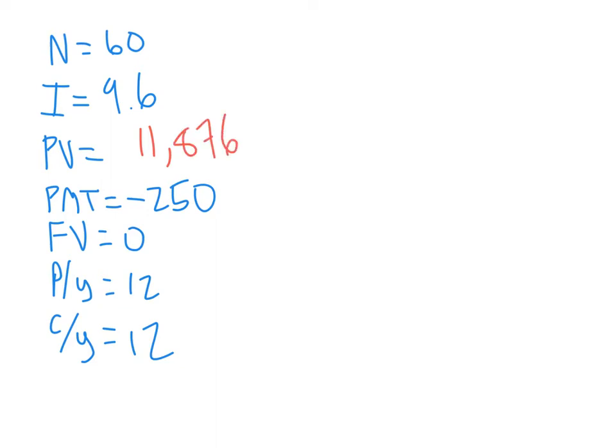11,876. And round to the nearest cent, 05. And that is your answer. That is, under these conditions, if you can afford a $250 monthly payment and you're going to get a loan with 9.6 interest that you have to pay off in 5 years, the sticker price of a car, which I guess technically means like after fees and taxes and everything, the actual amount of a loan, the actual amount of money that you're going to have to borrow will end up being